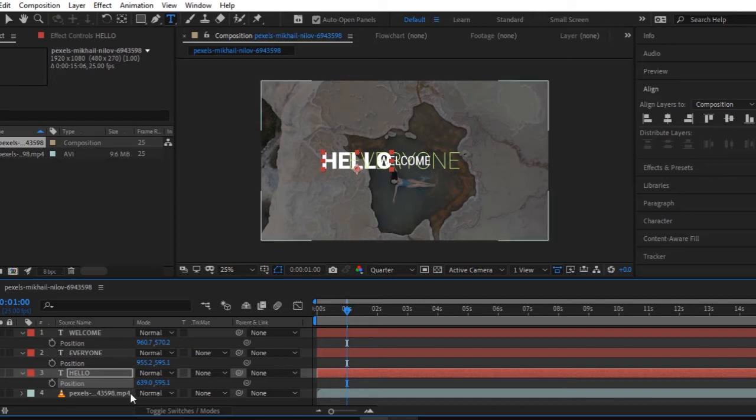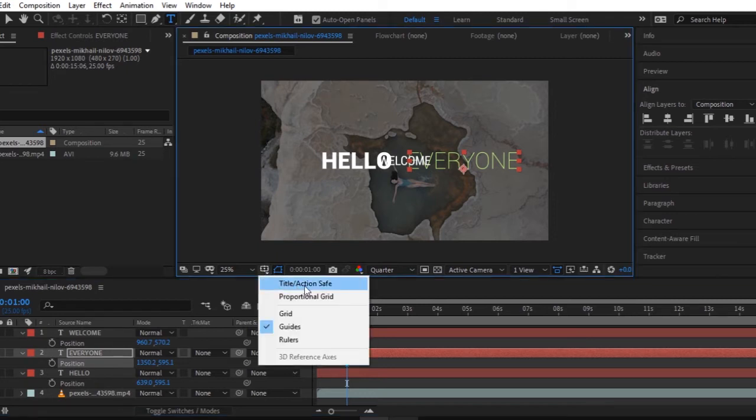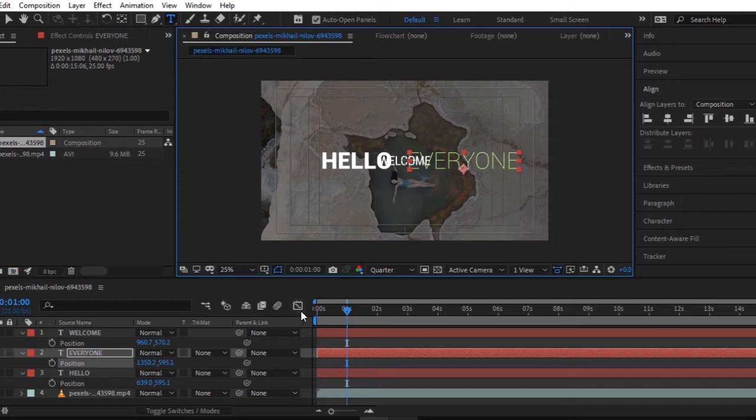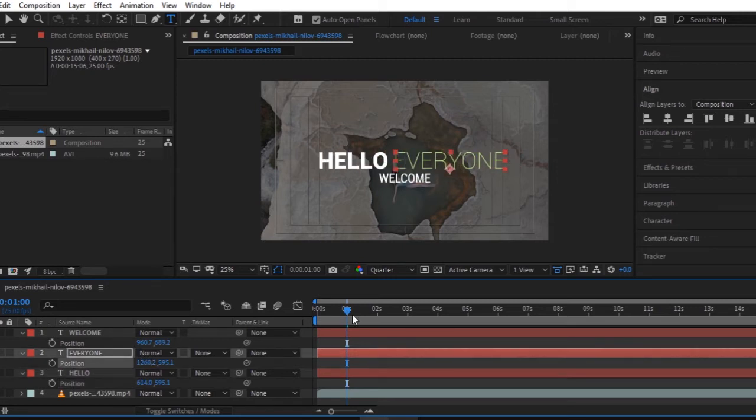But before arranging this, just properly arrange this, and in case you are not sure whether you are arranging it properly or not, just go here and turn on this Title/Action Safe. This will ensure that you are arranging it in a proper manner. And once this is arranged properly, let's say I'll bring this welcome a little bit more down. And once this is done,